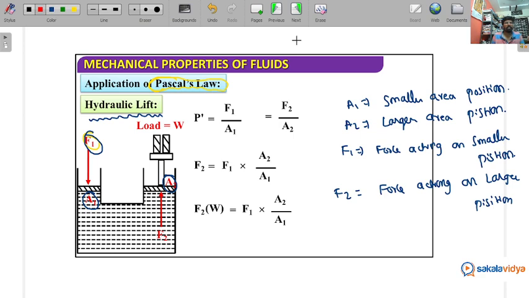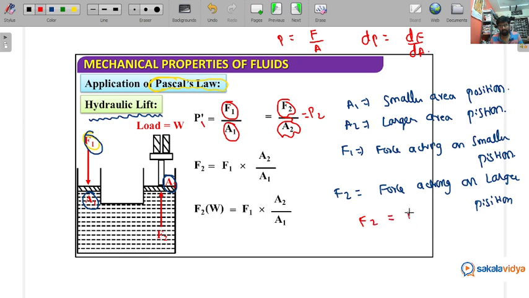From the basic formula, what is the formula for intensity of pressure? P is equal to force by area, right? Or dP is equal to dF by dA. So in general, P1 is equal to force 1 divided by area 1 and P2 is equal to F2 divided by area 2. So if we equate the pressures, in the equilibrium condition, F2 is equal to F1,